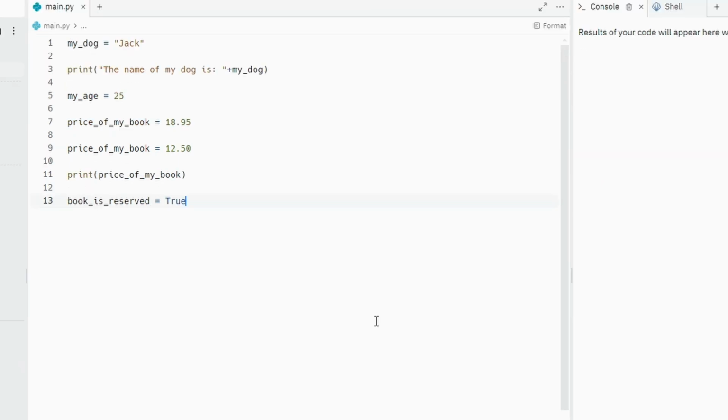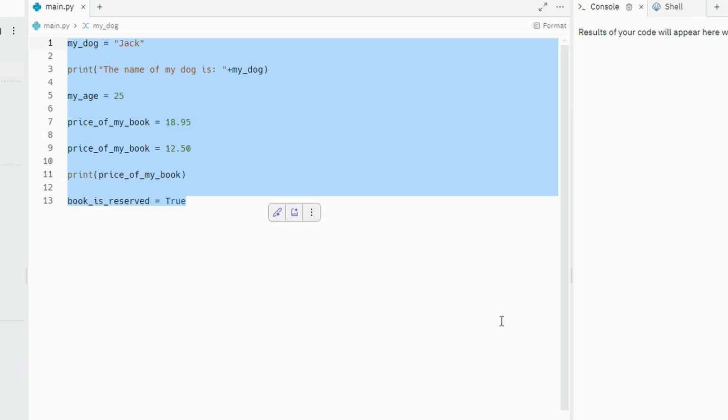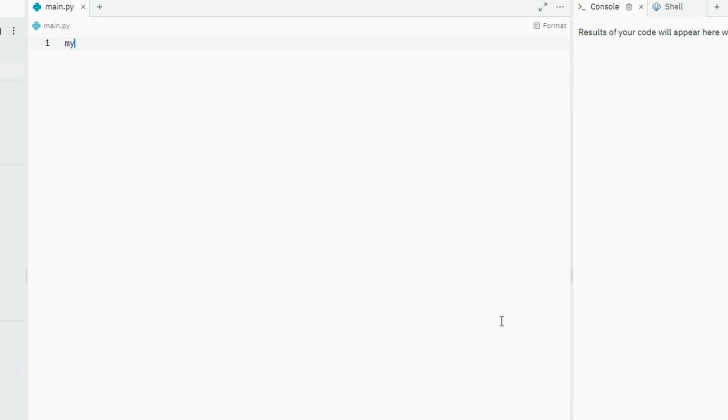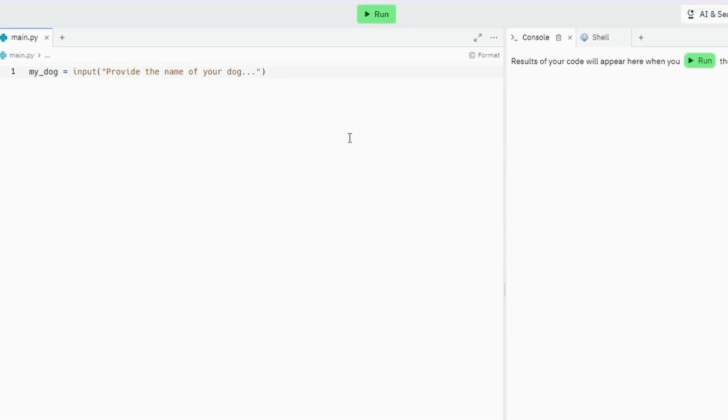Okay, now let's try something new. So I'm going to remove this. I'm going to create a new variable, my dog. And then what I'm going to use here is a function called input. Use parentheses and double quotation mark. Provide the name of your dog. Like this. And if I run the script now,